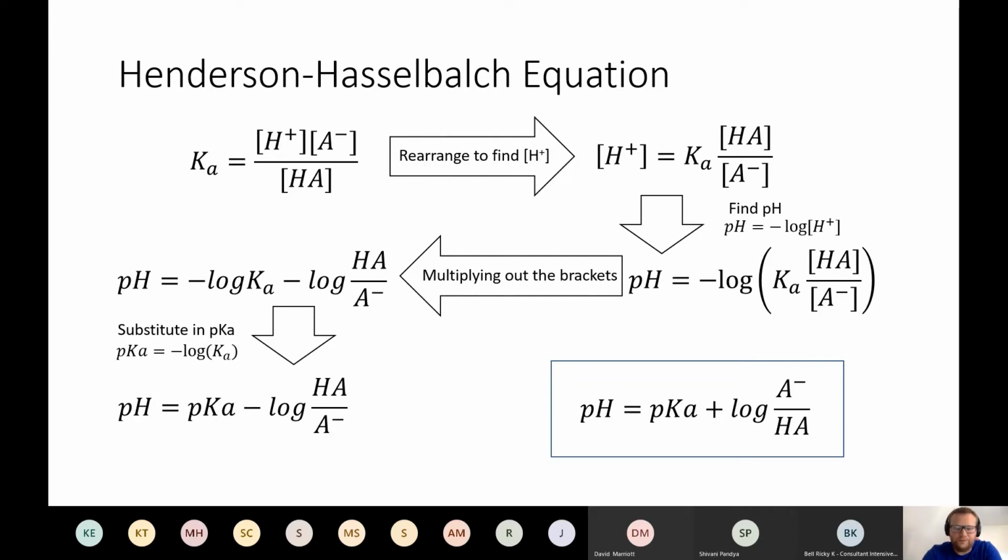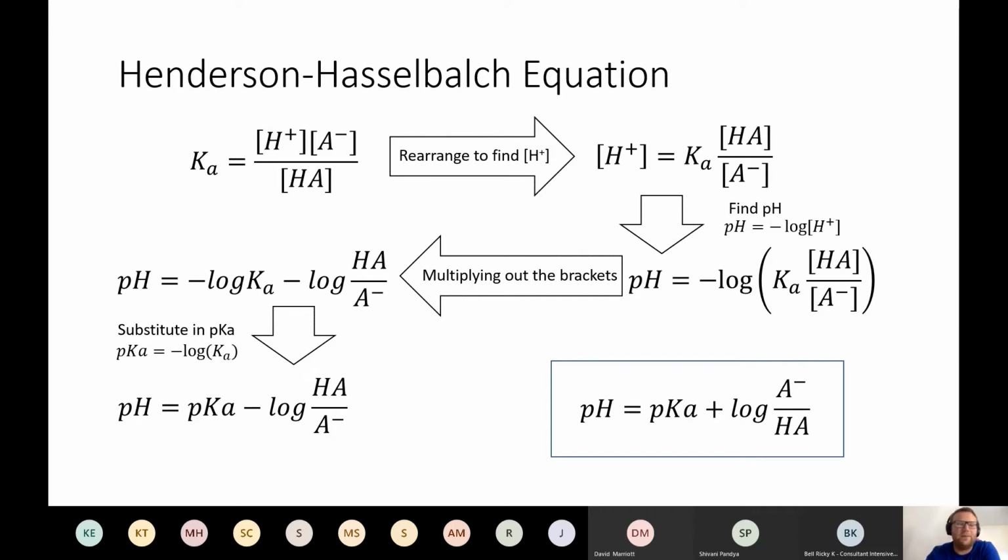this equation. And then from the previous slides, we know that pH equals minus log H plus. So if we want to find the pH, we need to add in minus log on each side of the equation, which gets us to this point. Then we need to multiply out the brackets, which takes us here. And we should be able to see that minus log Ka from our previous talk is